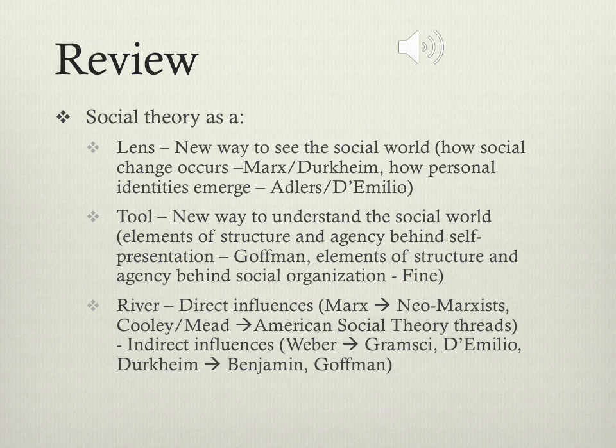Going back to social change, we saw a theory of change through Marx, showing us how new forms of material goods, new forms of technology push everything forward. And then we talked about Durkheim, how different cultural ways start to come together to promote social change. And then we also can talk about how different senses of self, how different identities emerge. And Adler gave us one way to see this with the gloried self. And then at the end of the semester, we saw another way to see how identities emerge in the legacy piece.